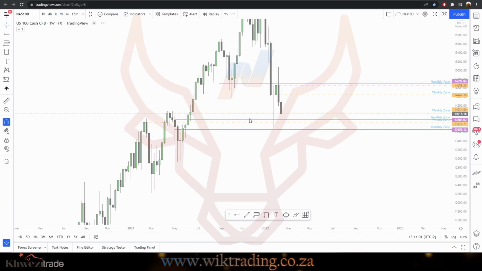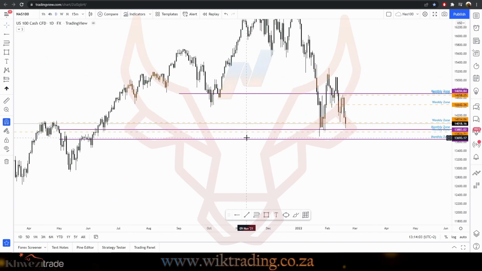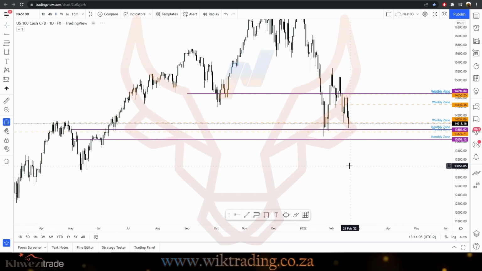Go down to the daily time frame, having a look. Okay, so what I'm seeing here on the daily time frame, that there's a lot of zones. I've already marked off important monthly zones and weekly zones. I'm not going to clutter my chart by adding more lines to the chart for now. So I'm going to skip out and leave out the daily time frame zones and just play with the monthly